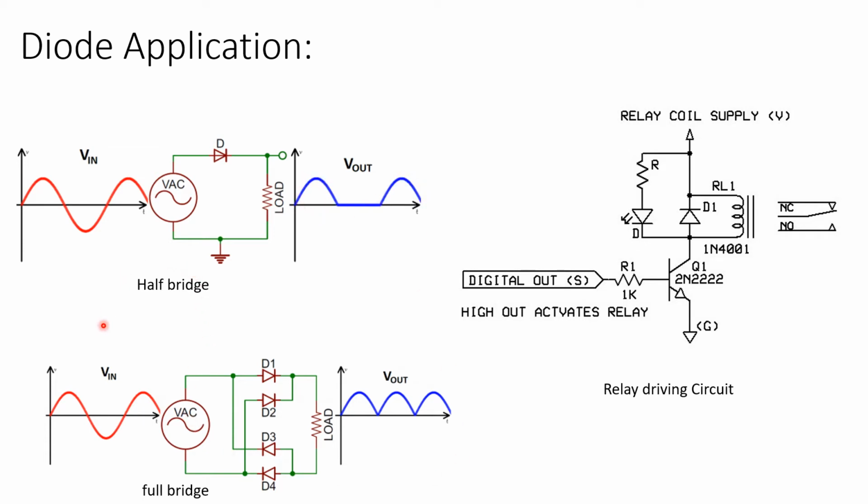What happens if I want to make the full cycle? If you want the full cycle, then instead of one diode, you have to use either 2 or 4 diodes. I'm taking an example here, because this is the most generic full bridge rectifier. Let's understand this. So this is a positive cycle. Once the positive cycle starts, the first one it encounters is D1 as well as D3. But D3 is off because D3 cannot allow current to pass through. So D1 will conduct. D1 will go to the load and again pass through D4 and come back here.